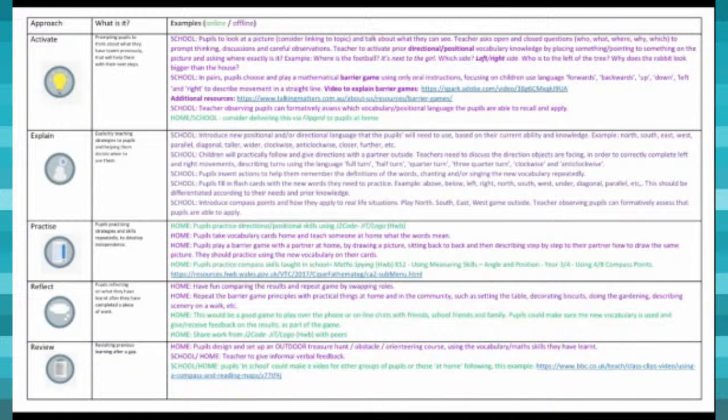There is a reliance on IT, but this doesn't mean it has to only be done from home. The IT activities and outdoor activities could be done in school just as well, allowing children to socially distance if they need to and collaborate at the same time. Some activities are designed to reinforce and practice specific skills, so they don't all always need to be done. It's best to choose the ones that suit each learner and their situation the best.